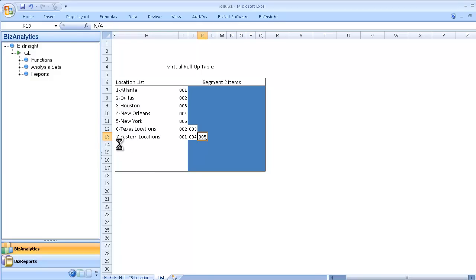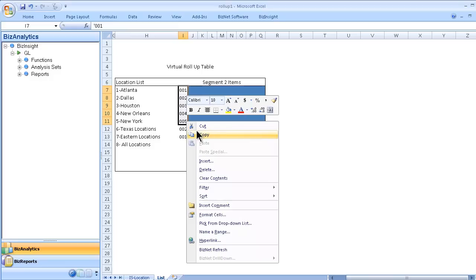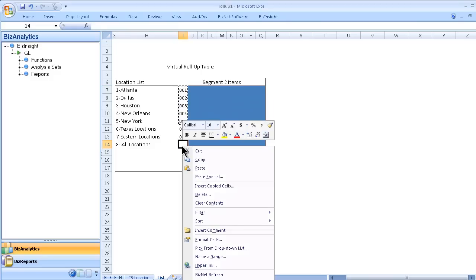Now I also want to go in and create a consolidation of all my locations, and I'll do this by adding an additional line. I'm going to call it All Locations. But for this instance, we're going to include all 5 of the locations in this grouping. So I'll copy 001 through 005, paste it into the new roll-up we're creating, and this will give us a